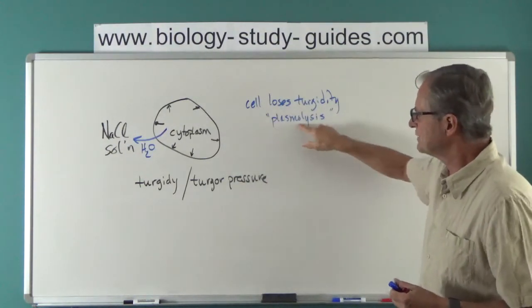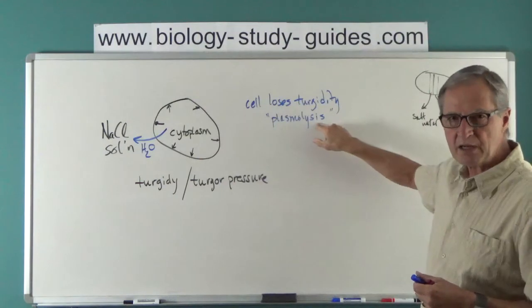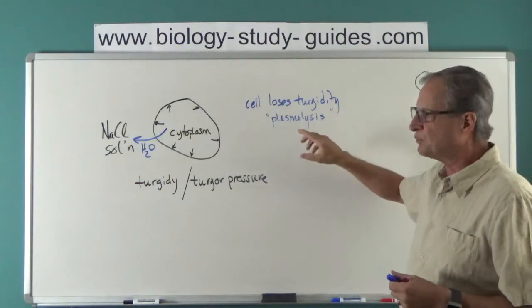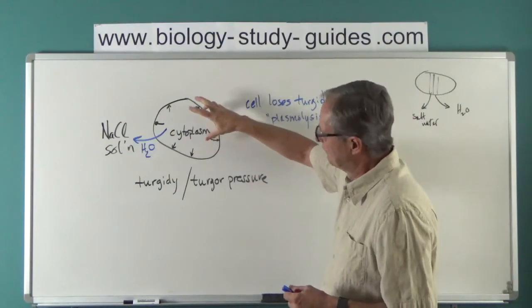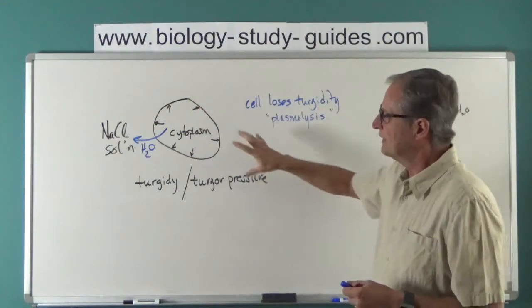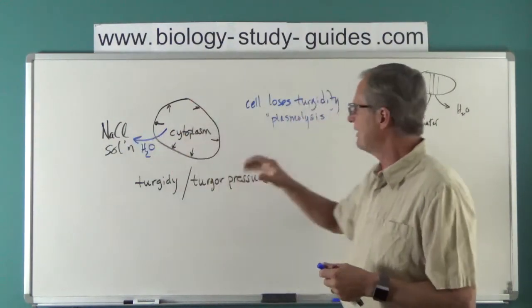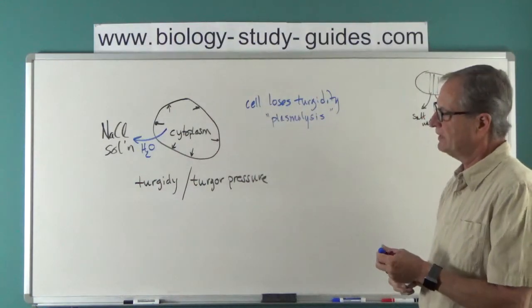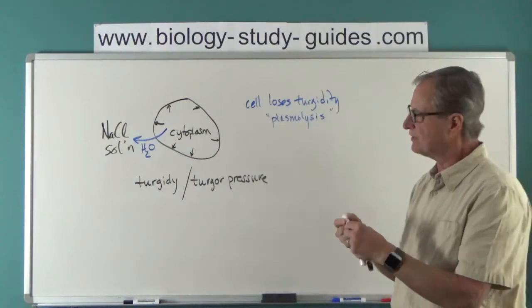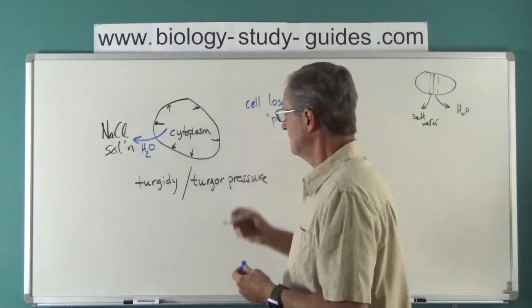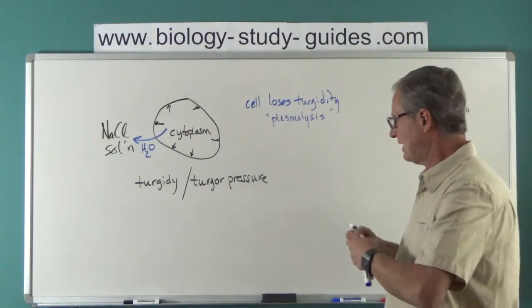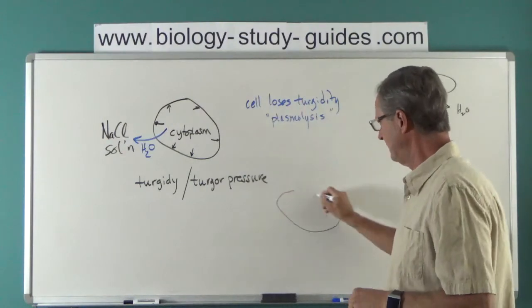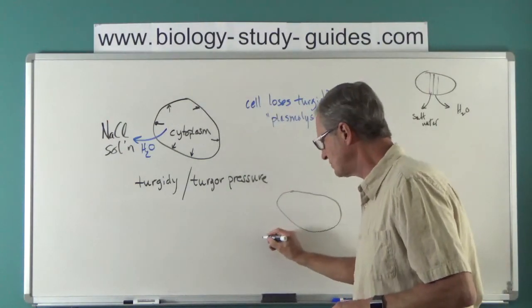The word is plasma and lysis, which means to break. It hasn't really broken, but it's taken the plasma, the fluid part, the plasma is fluid, and it's leaked out, so we have plasmolysis. If we do the other, if we take this and put it in, I'll use a different cell. If we take a cell here and we put this in distilled water,